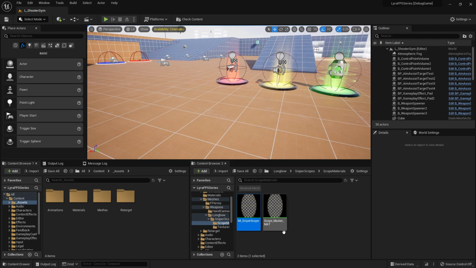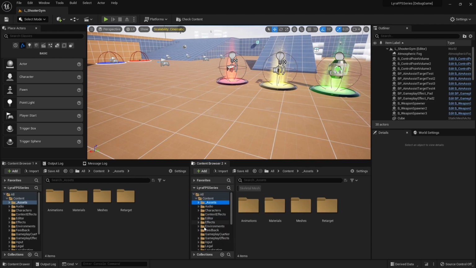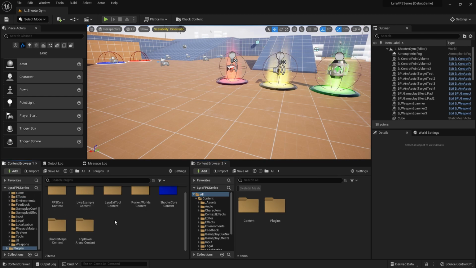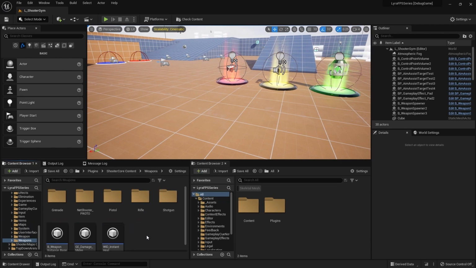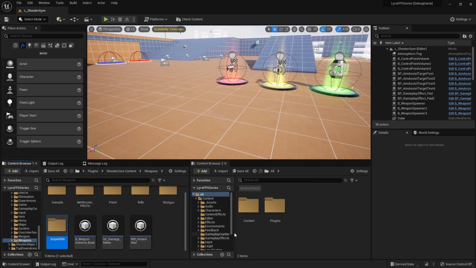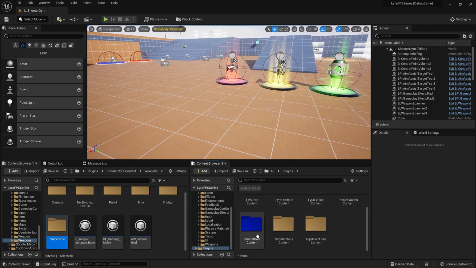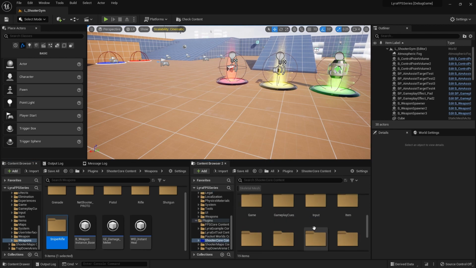Now we need to go ahead and set up the actual sniper rifle itself. So of course that requires us to do some copying and pasting. So I'm going to open up 2 different windows here. I'm going to open up plugins, shooter core, weapons on this side, and then I'm gonna right click in here and create a folder, call it sniper rifle,